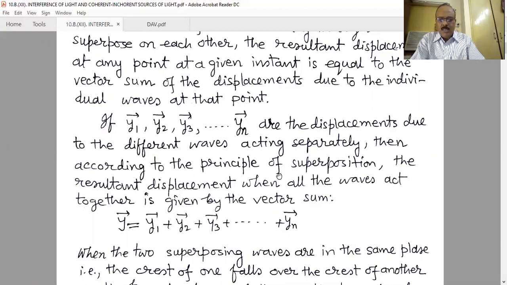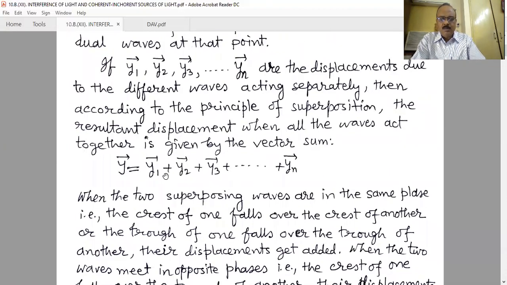Then according to the principle of superposition, the resultant displacement when all the waves act together is given by the vector sum. That means these are the different displacements of the different waves traveling through the same medium at the same time. They meet at a particular point. Obviously, there will be a resultant displacement, and according to this superposition principle, mathematically, the resultant y vector is the y1 vector plus y2 vector plus y3 vector and so on